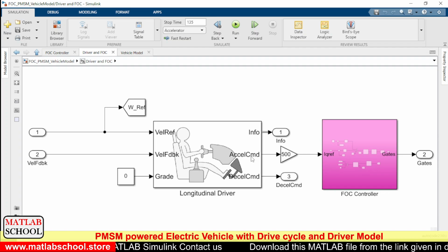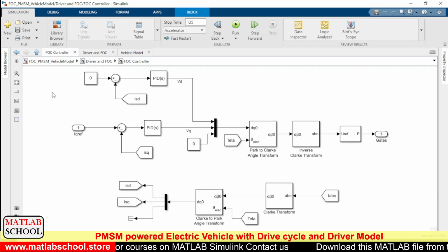The values that we get from the acceleration command, as I told you earlier, will be in between 0 and 1, and these will be multiplied by 500. Ultimately we get the product of the acceleration command with this 500. So that becomes the reference